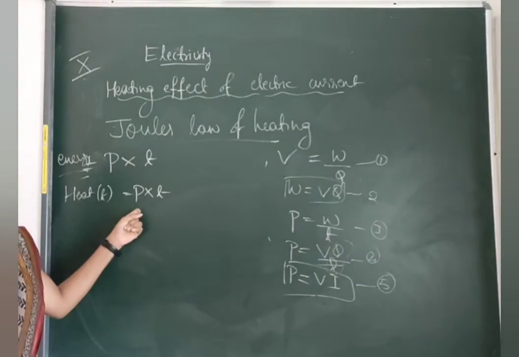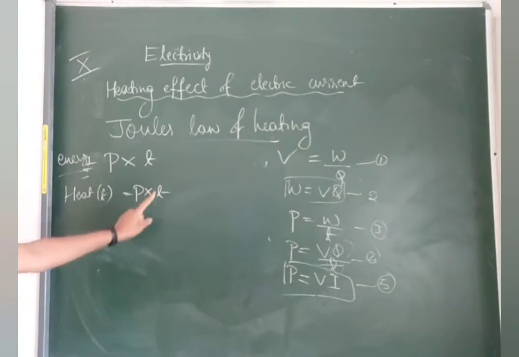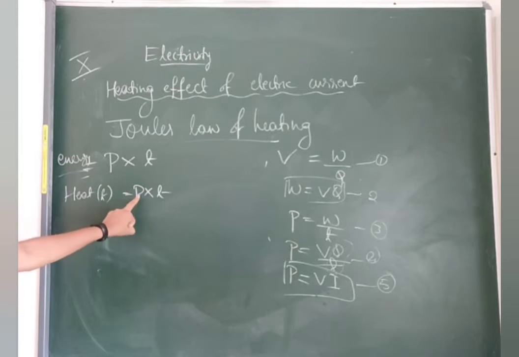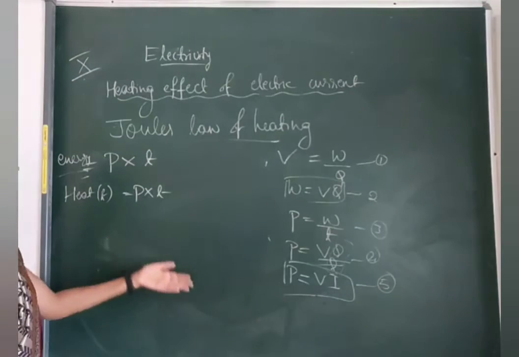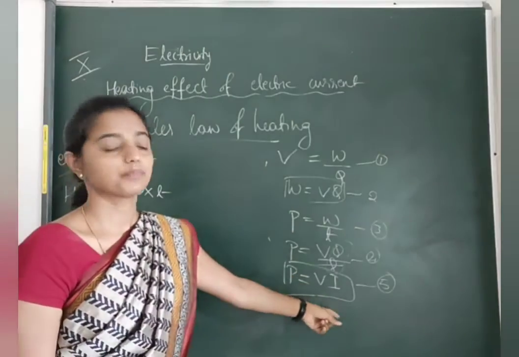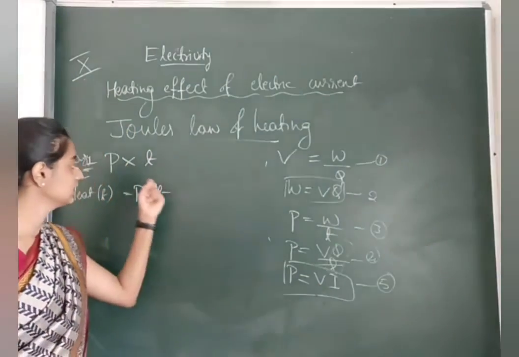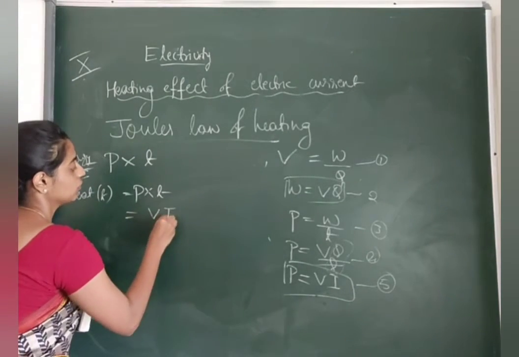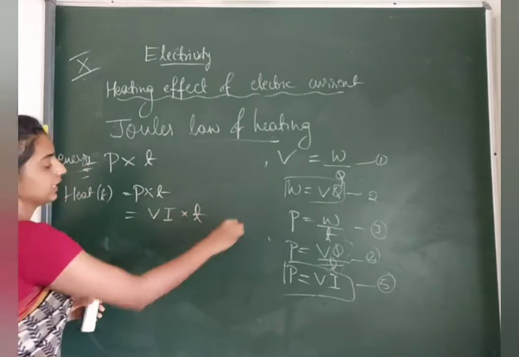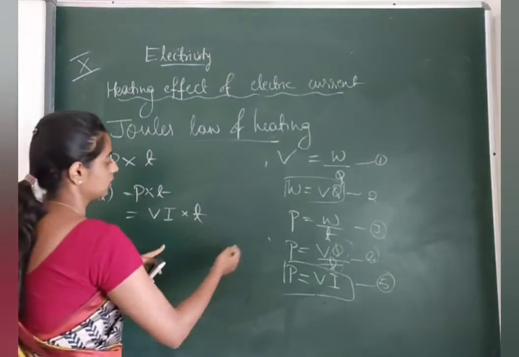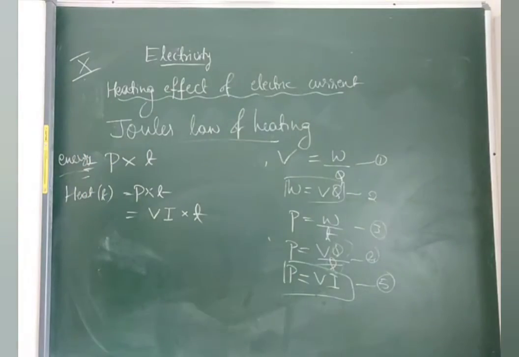Now we got one more equation, and these two are what? Heat supplied by the source will also be given by this equation. At the same time, this is same as heat produced in the resistor or heat produced in any particular time. We take it as P into T. Now coming back to equation 5, can I substitute P is equal to VI in this? So let me write that one. P is nothing but V into I into T. We just need to modify the equation. Now I got one more equation.